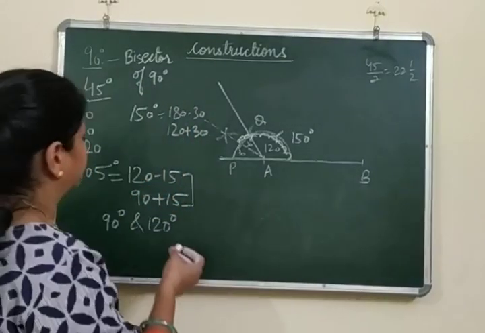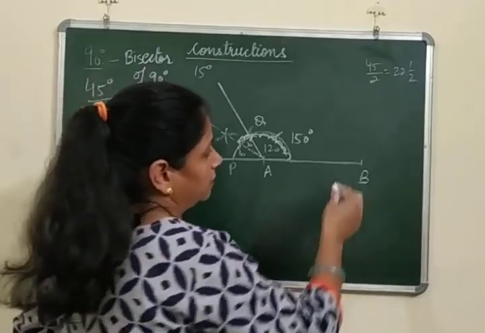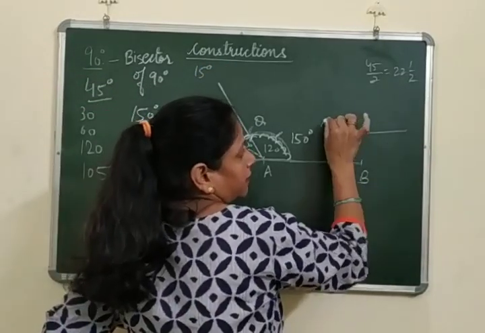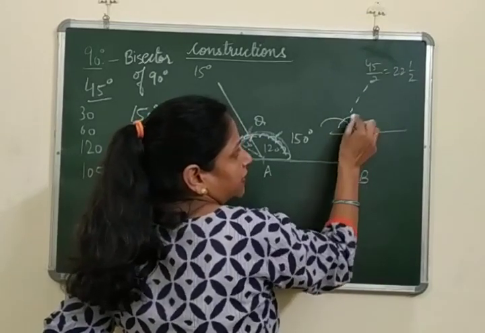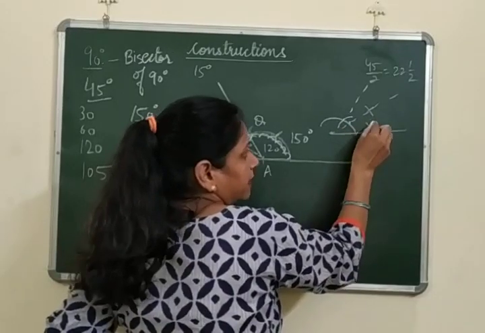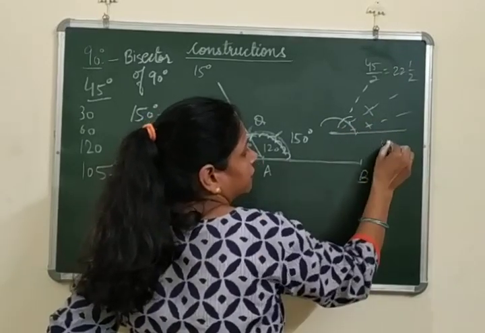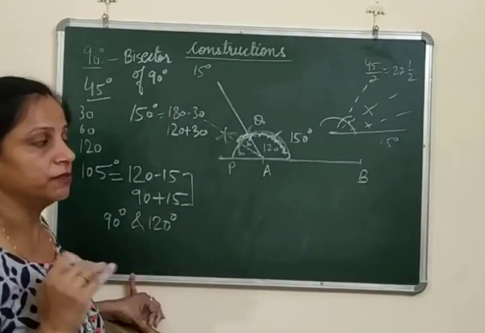Okay, I don't think any other angle is left. एक 15 degree का आ जाता है कई बार. 15 degree, how you will be making? Draw a line, make an arc like this. This is 60 degree. इसका बाइसेक्टर बनाएंगे like this. So this is 30 degree. और 30 का भी बाइसेक्टर बना देंगे तो we get 15 degrees. Right? So these are the angles which are to be constructed.